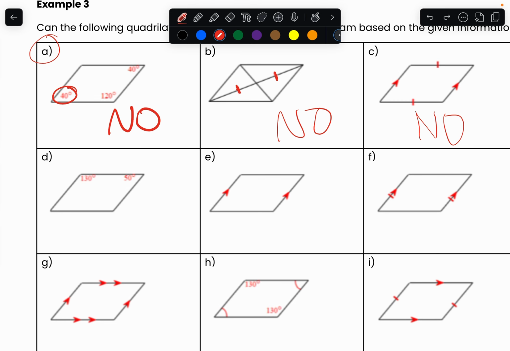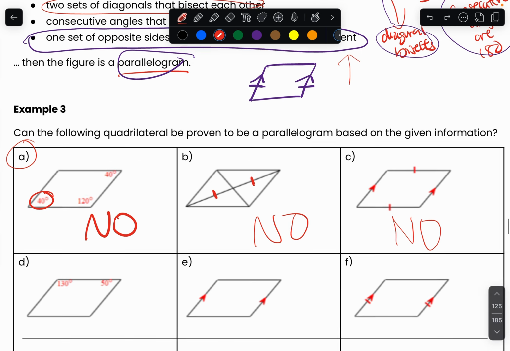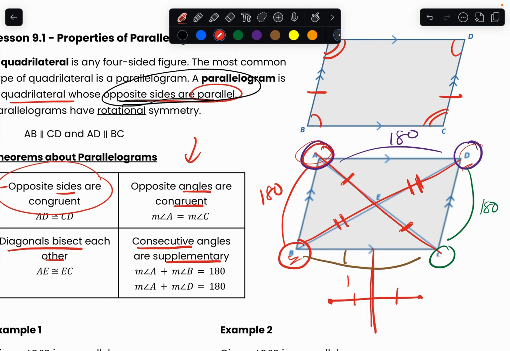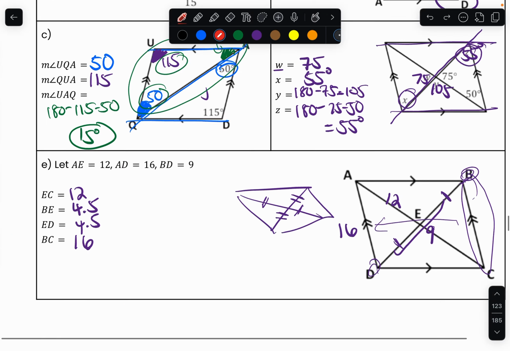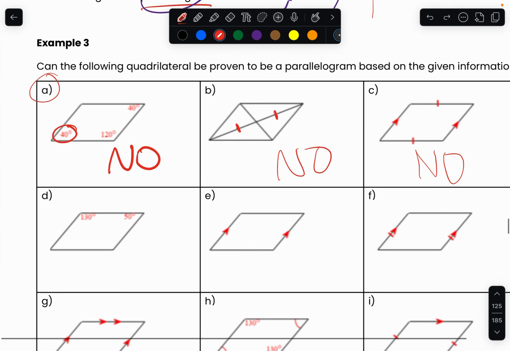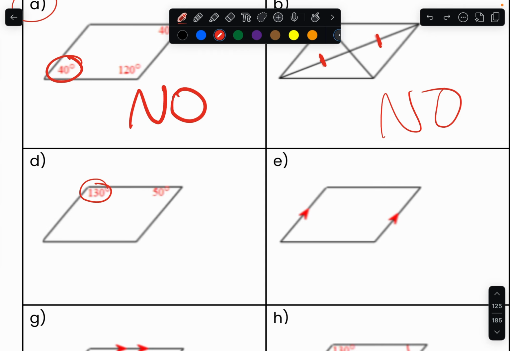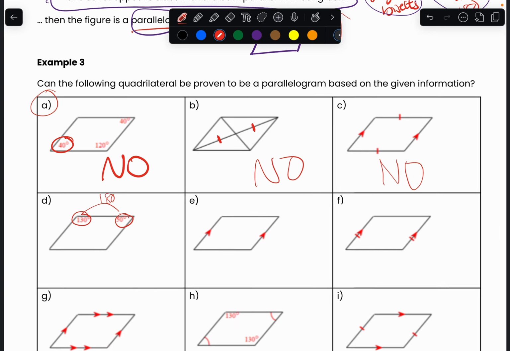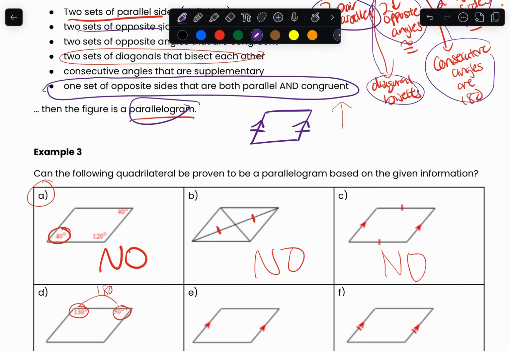If you remember with my parallelogram, I have more than one consecutive angle. I have this angle and this angle, they're consecutive angles. I have this angle, they're consecutive angles. And so does this and this and this and this. They have to be all 180 for it to be a parallelogram. If you look at your information right here at the bottom, you realize that I'm only giving one pair. I know they're 180, but I don't know the other pairs, right? So therefore, it will not satisfy the consecutive angle criteria. So I know this right here is not true.